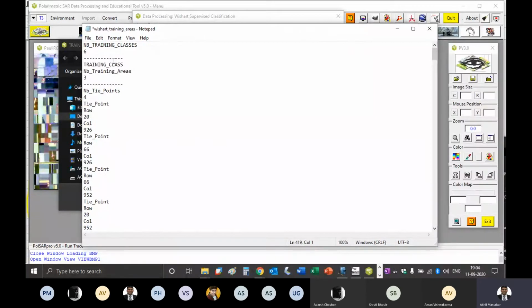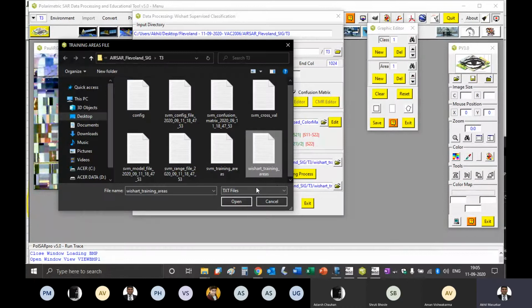That means whatever values were there in SVM underscore training underscore areas, we copied into Vishart underscore training underscore areas. And then you simply say save, Control S. You could see a star here. If you say Control S, that star will go, and you can just close this file.